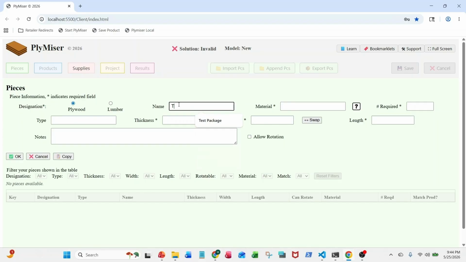The name is going to be top and bottom. The material, these are oak pieces. So oak plywood. I need two of them. Remember, there was a top and a bottom. The type is going to be carcass. The thickness is 3/4 of an inch. The width, 15 inches. And the length was 42. All right, so when I'm finished with it, I can put in any notes I wanted to, and I click